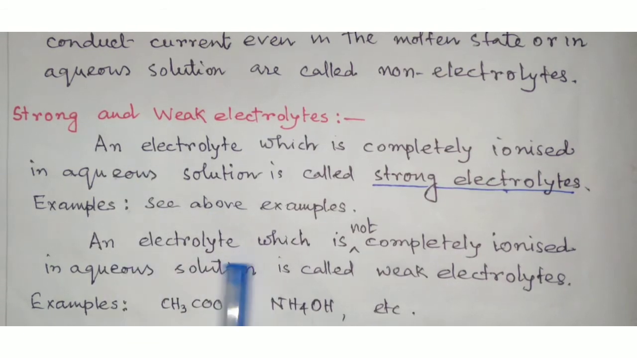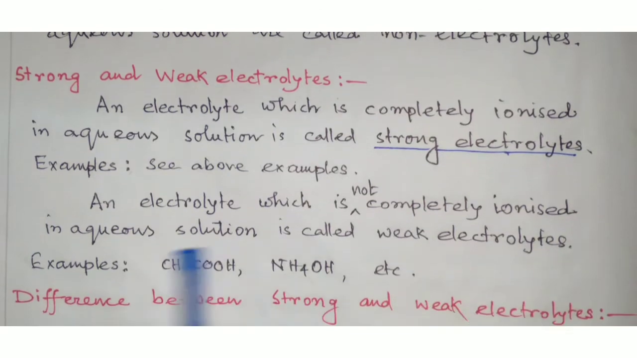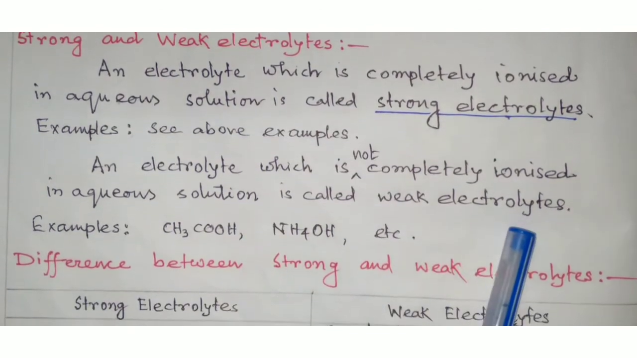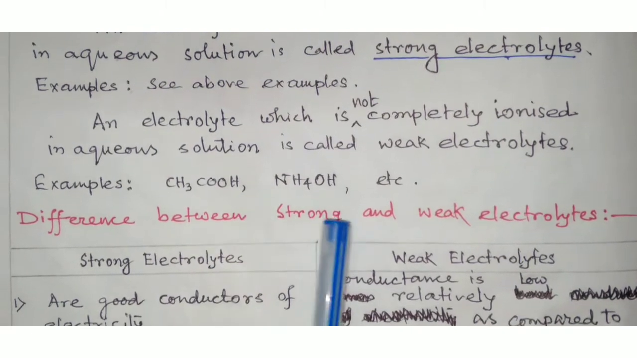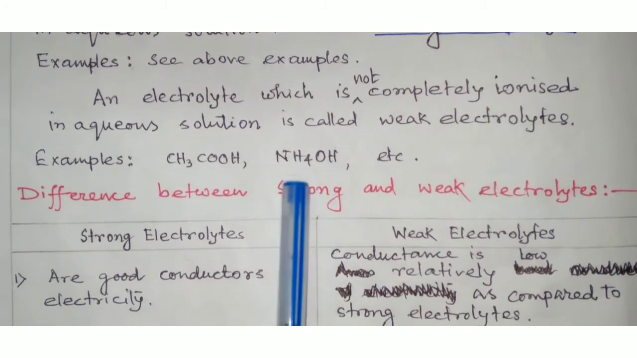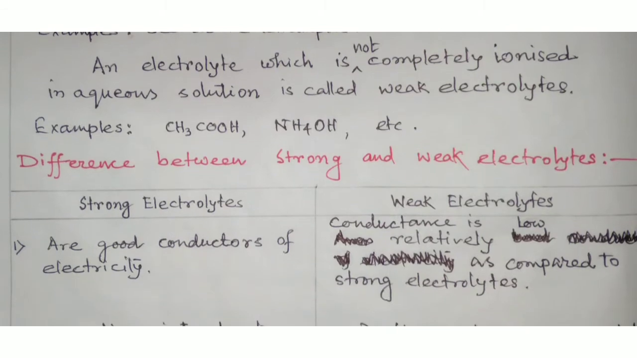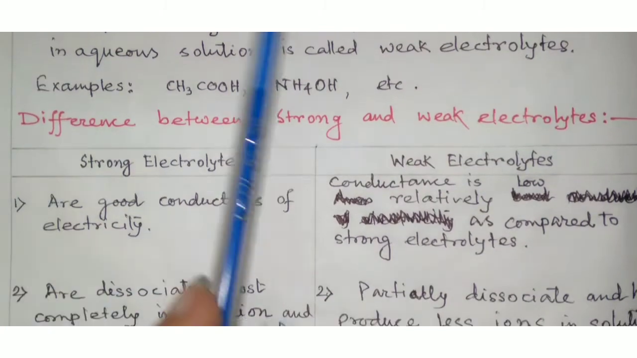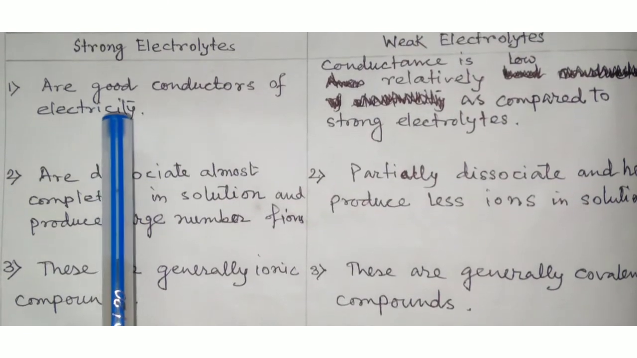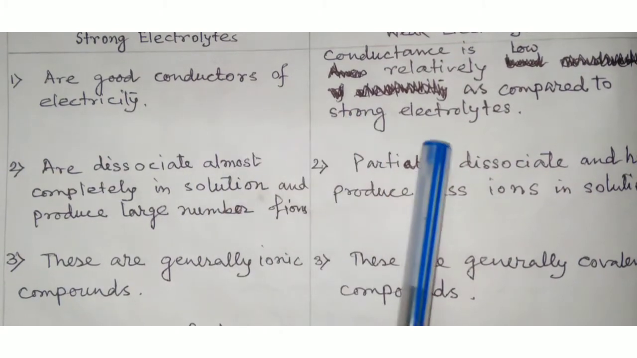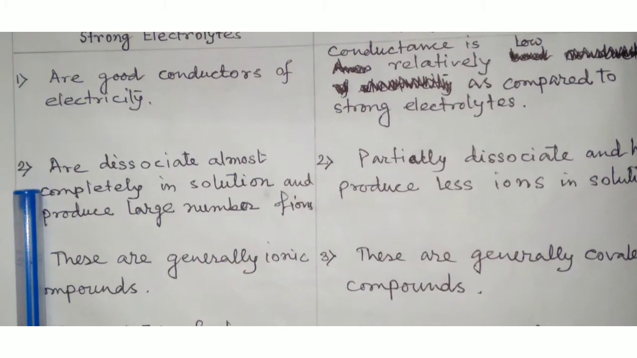And an electrolyte which is not completely ionized in aqueous solution is called a weak electrolyte. For example, acetic acid, CH3COOH, and ammonium hydroxide, NH4OH, etc. Now, what is the difference between strong and weak electrolytes? There are many differences between strong electrolytes and weak electrolytes. First,